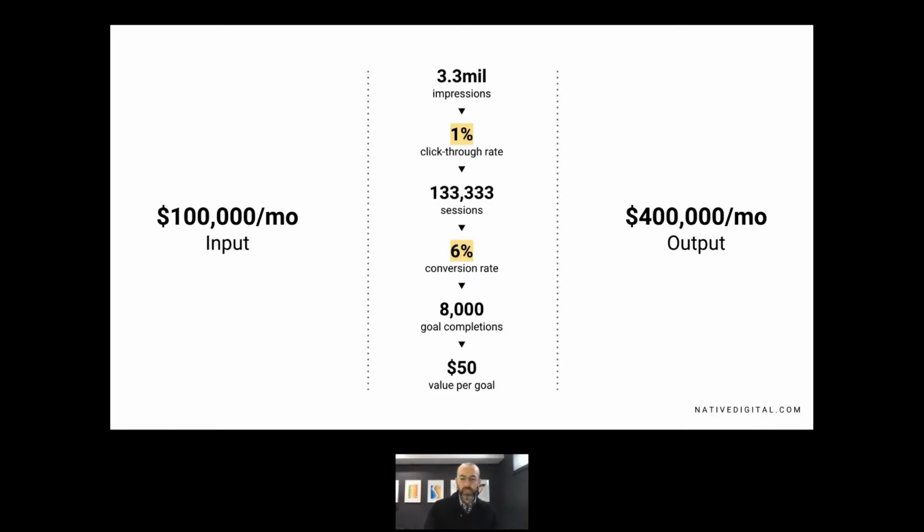And in paid media, we get about 3.3 million eyeballs on that. And about 1% of those click through. So now we're looking at that number of sessions, and we're looking at a conversion rate of about 6. It's getting about 8,000 goal completions, and we're going to make this any industry. So we're just going to talk about goal completions. We'll say the value of that goal completion is $50. So in the end, what they get out of it in value is 400K. So a lot of people would look at this in many different industries and say, this is a good investment. You're spending $1 and making 4. We're happy with this.